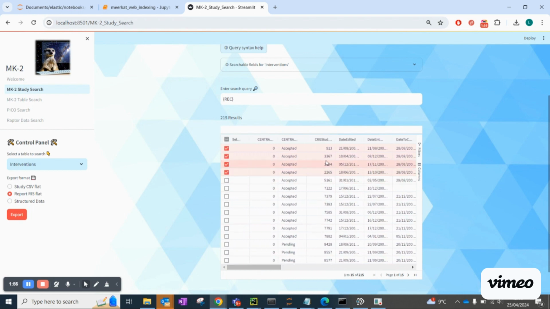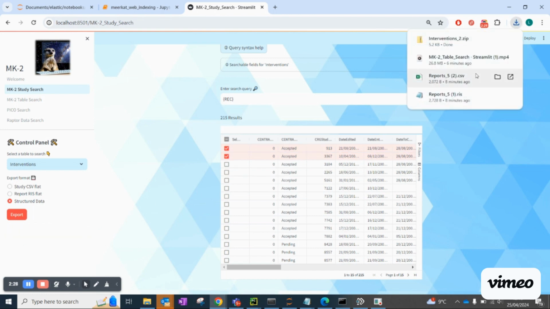So for example, of our first study, study number 913, has 4 reports associated with it, and this study here has 1 report associated with it. You're going to get an RIS file with 5 reports, for example. But then also there is an option to export the structured data, which actually gives you all of the 2 here together. So now that I've selected 2 studies, I can download a zip file,